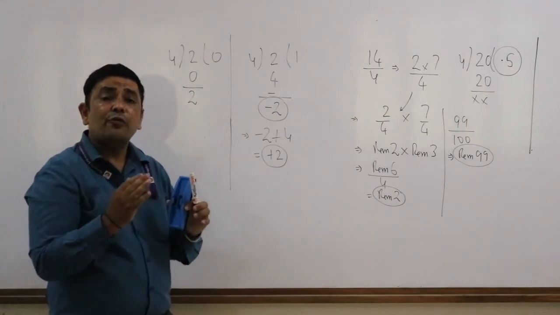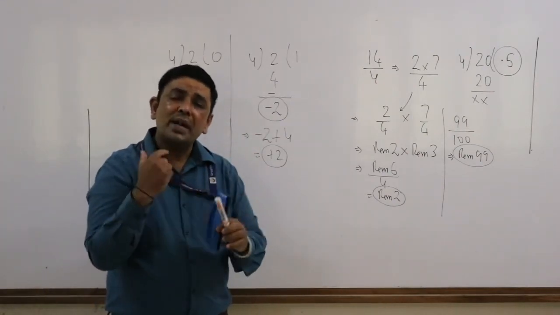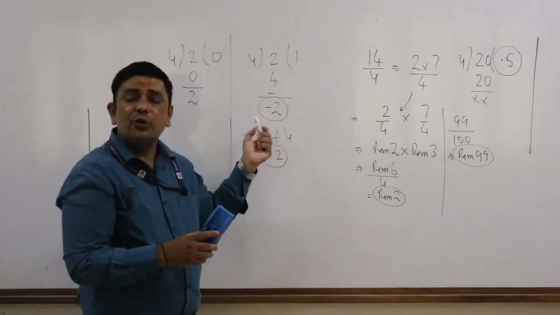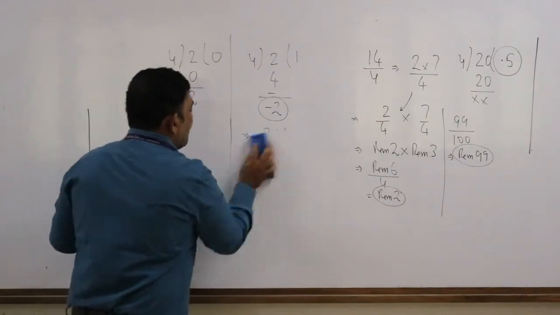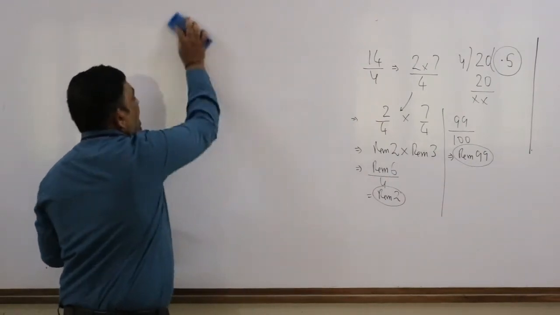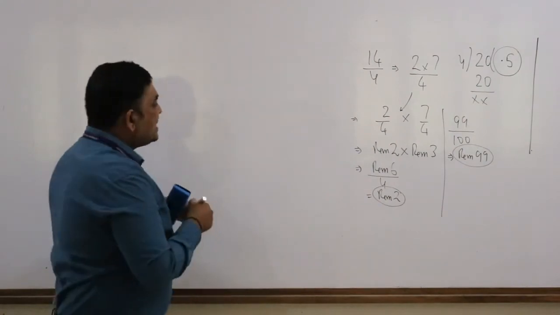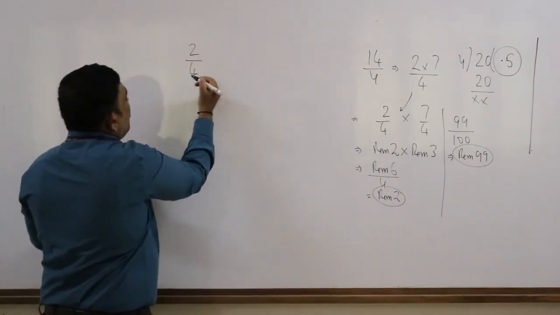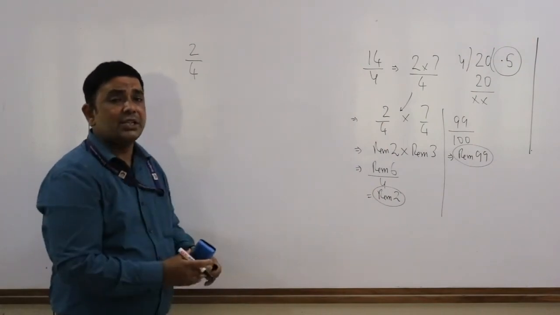Now let me share with you the fifth and the last property of remainders. You would be wondering where it is that we are going to use these properties. I'll share that with you, but before that, allow me to share the fifth property with all of you. Now when somebody is given the task of 2 divided by 4, obviously the remainder is 2. We have already had a discussion.